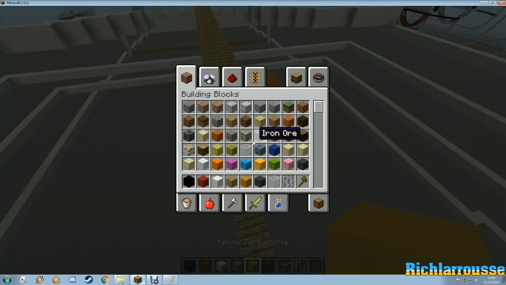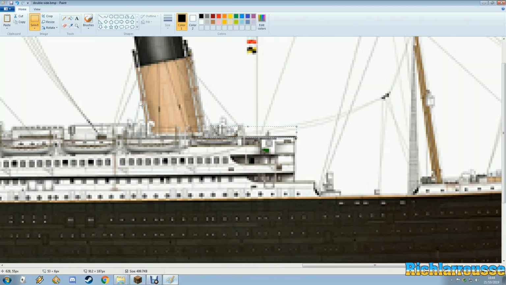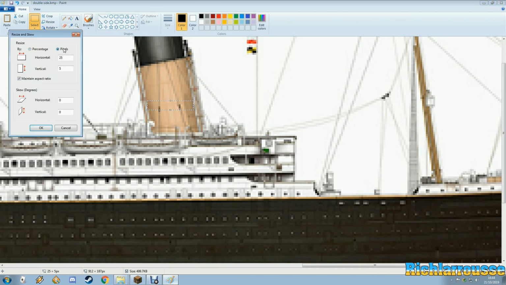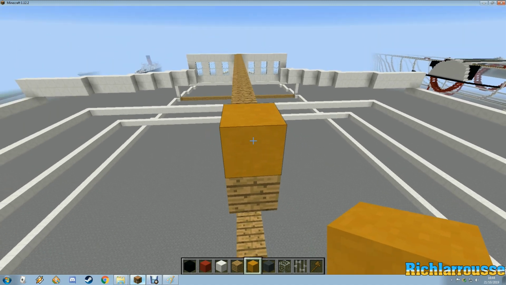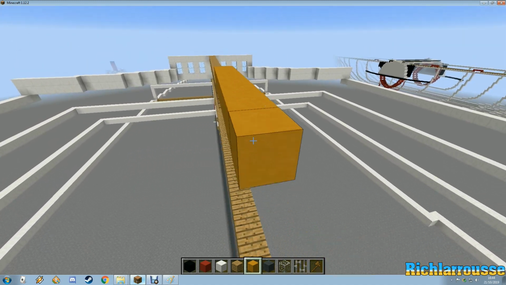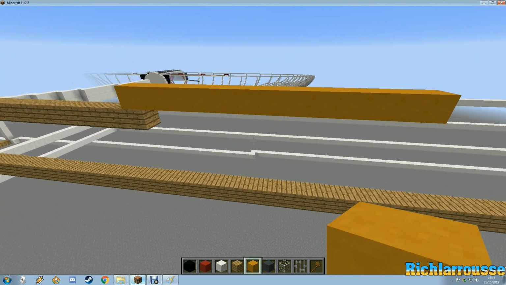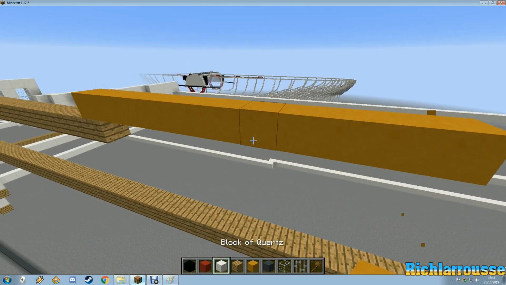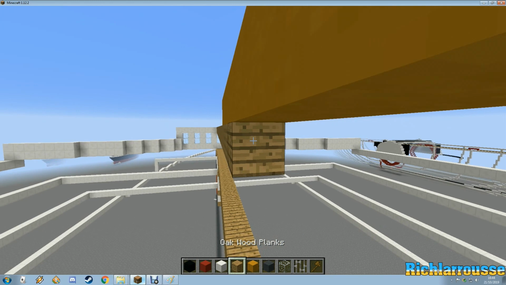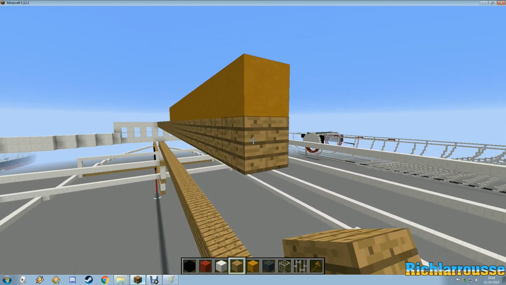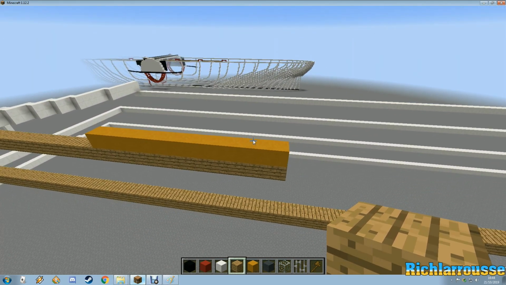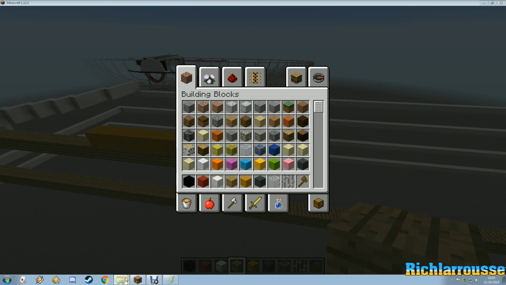So the funnel, the length of the funnel from front to back is 25, so that'd be 12, call it 13. So 1, 2, 3, 4, 5, 6, 7, 8, 9, 10, 11, 12, 13. Like so. So that's the first funnel. Actually, make it 12, so 12 like that. And then we put the line underneath as well. So there we are. So the funnel base is 12 long, and the width of the funnel in terms of